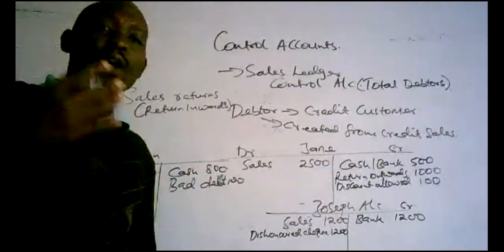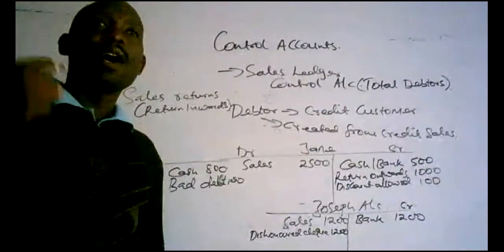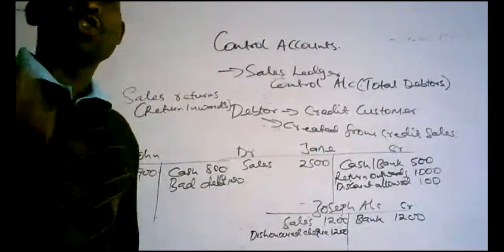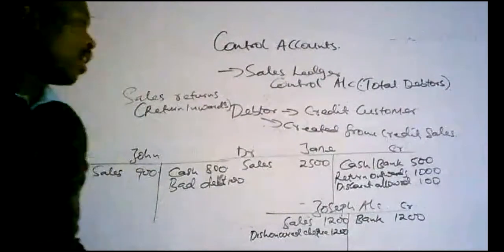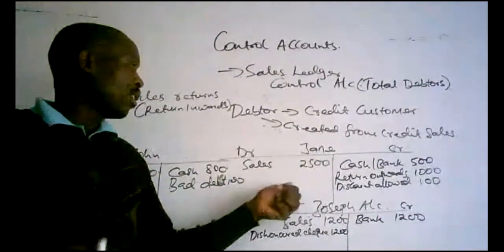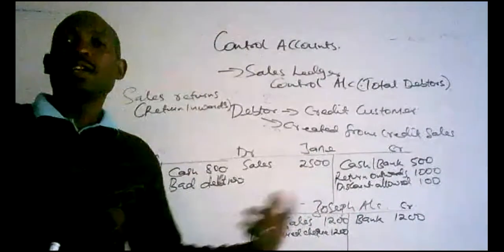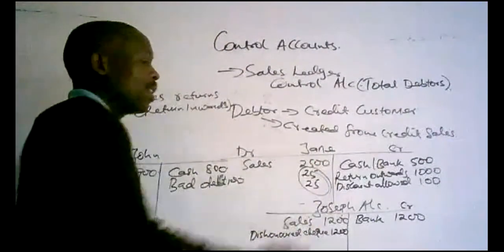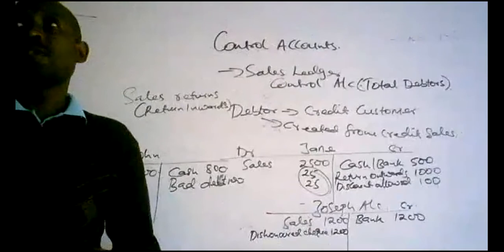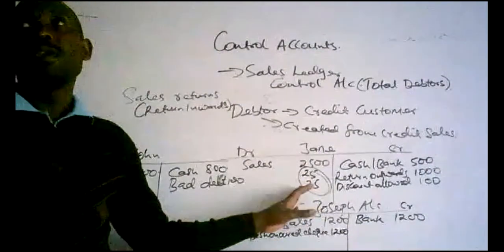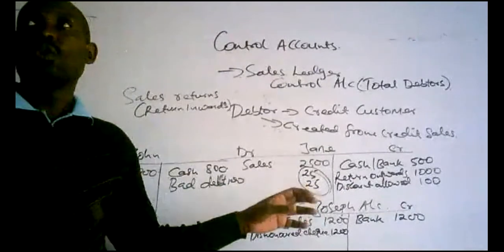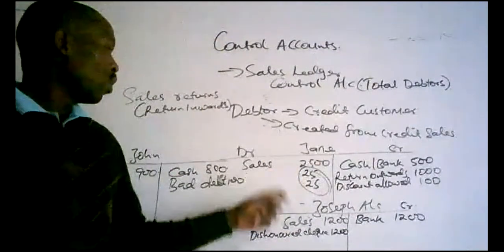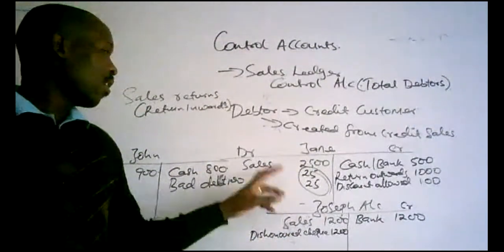So you find that once we have got that agreement and the customer has delayed paying his account as per the sales agreement, and you start charging interest or penalty on the delayed amount, then the debt will start increasing. If it was 2,500, you charge 10%, it becomes 25 each and every day. It will be increasing by 25. By the fact that it is increasing the amount that was supposed to be received from the customer, it is going to be debited. So we normally debit anything that is increasing the debtor's balance, including the discount, the dishonored check, the credit sales,